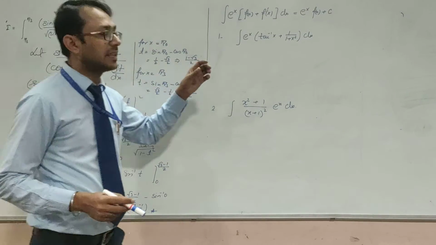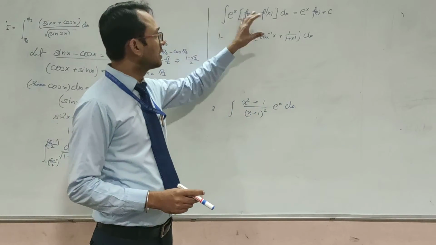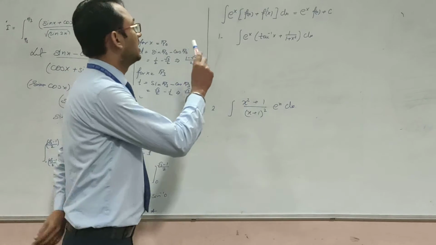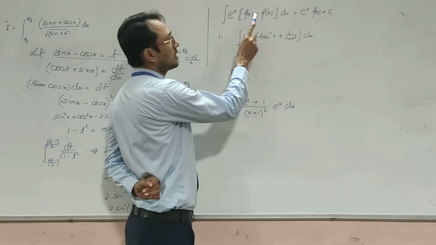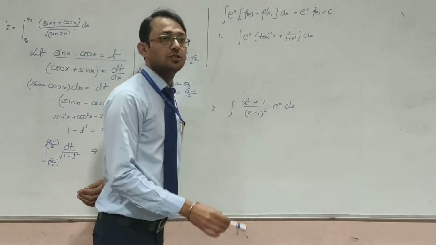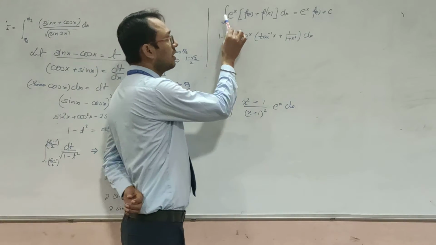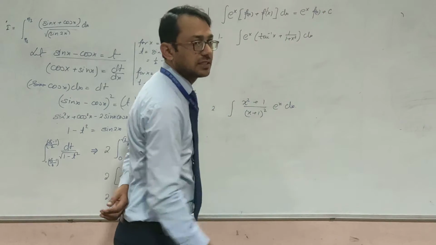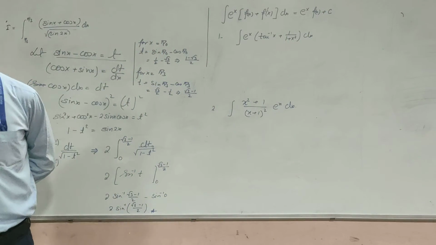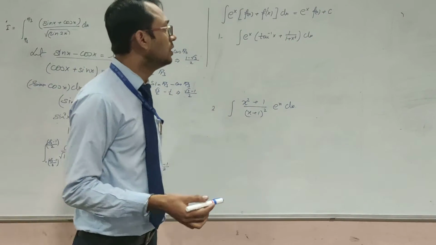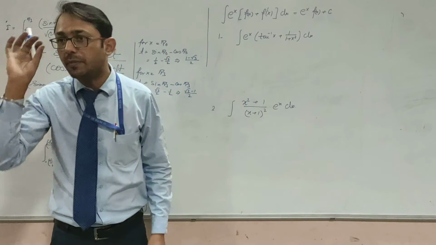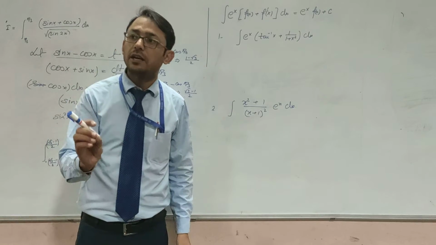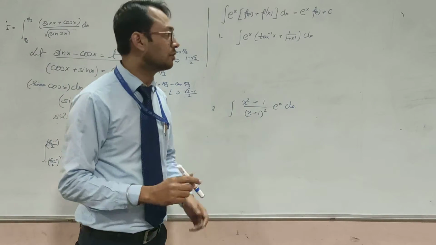Yes, beta. Now we are taking the revision of one more topic. It is very easy. Only we must know the identity. The identity is: integral of e to power x times (f(x) plus f dash x) dx is e to power x f(x) plus c. If we know this identity, then we will be able to do the above given questions. Keep in mind, one question on this particular identity will come in the exams also.